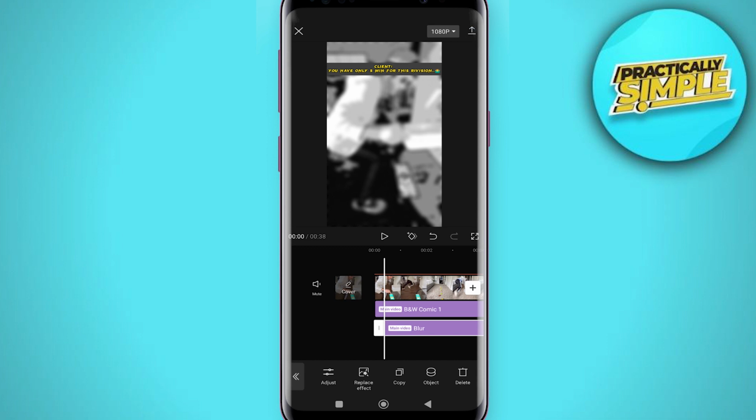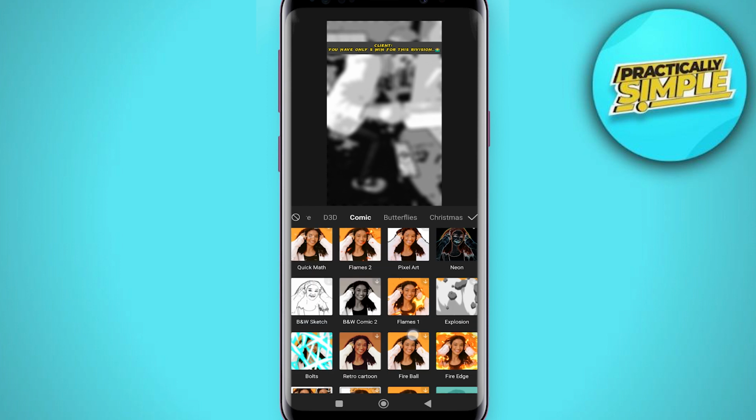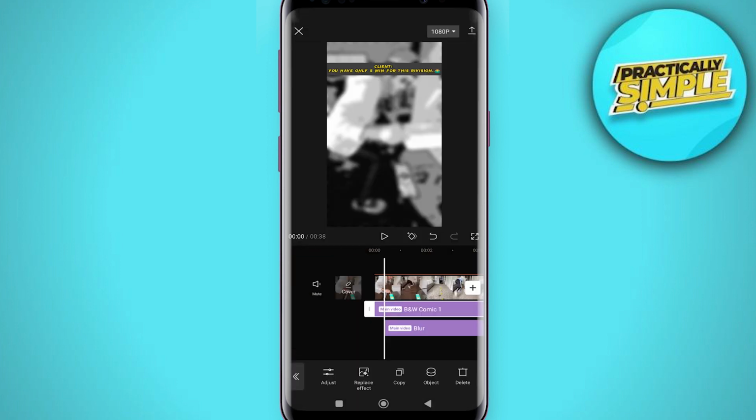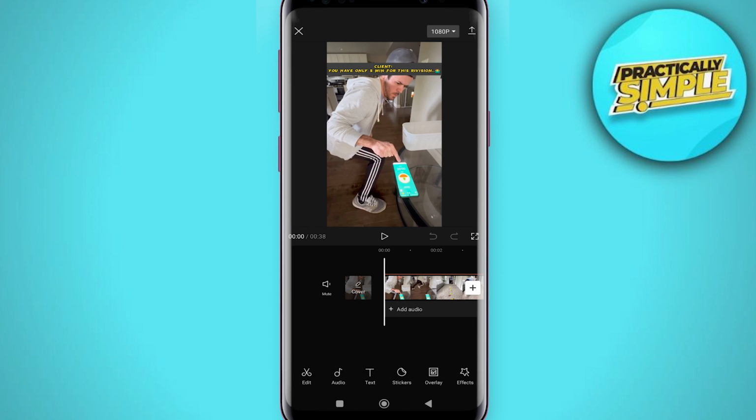Just simply export, and now you have to replace your B and W effect. So just tap on this effect and tap on this replace effect, and again you have to go for this comic, and this time you have to choose neon effect, this one, tap on it. Now you have to export this second file as well,